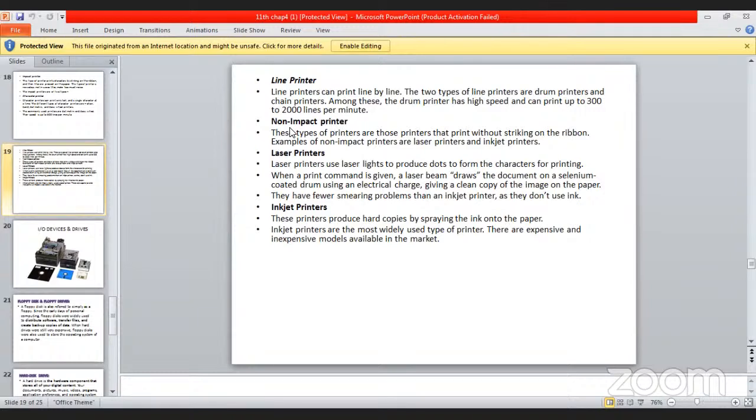Laser printers use laser light to produce dots to form a character for printing. When a print command is given, a laser beam draws the document on a selenium coated